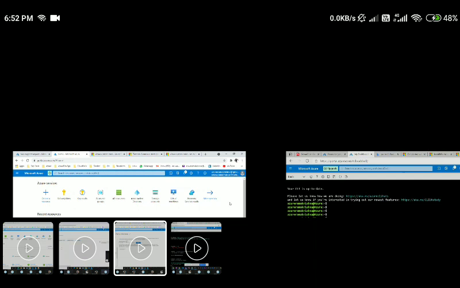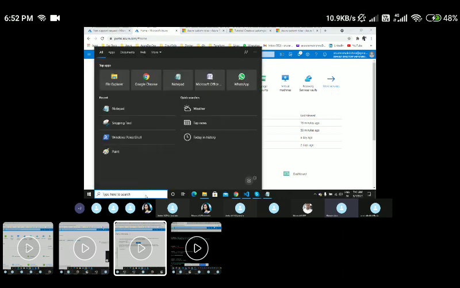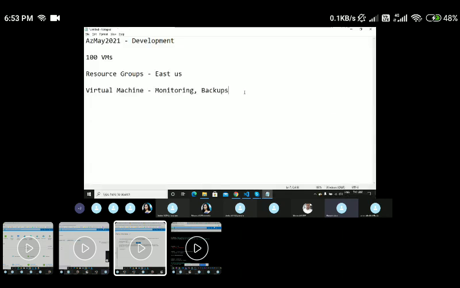Now let's move on to the next topic. We have another 20 minutes here. So now let's start with the deployment models. In how many ways can we create resources in the Azure portal? For example,